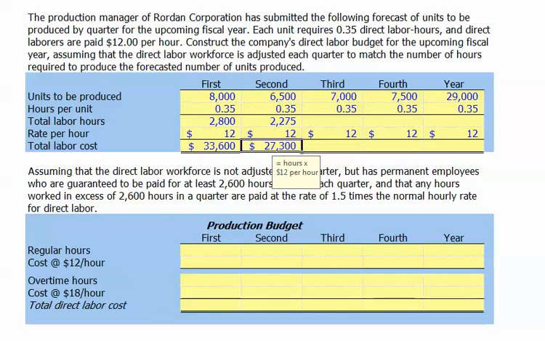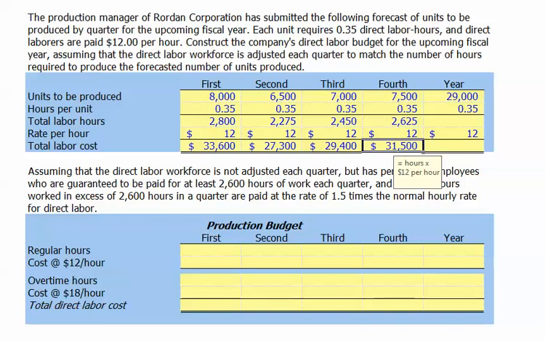For the third quarter, our total direct labor hours will be 2,450 hours. When we multiply this by the $12 per hour, we get a total labor cost of $29,400. Our total labor hours required for the fourth quarter will be 2,625 hours. When we multiply this by the $12 per hour, we get a total cost for the fourth quarter for direct labor of